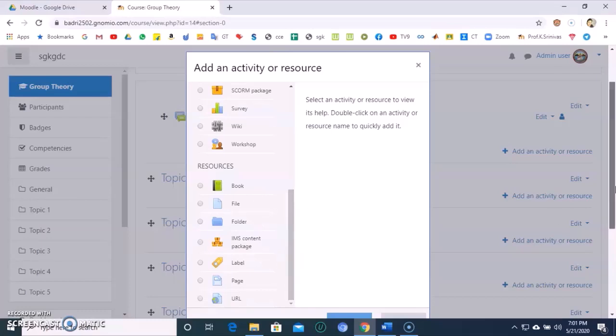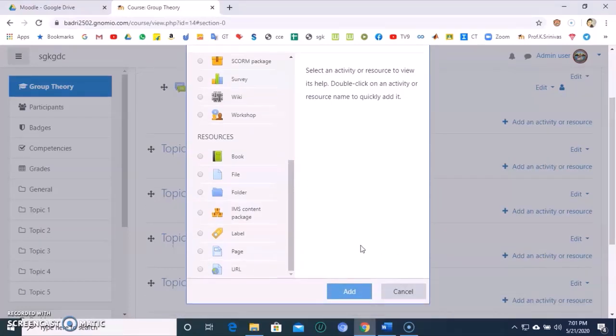So in this tutorial, we will be showing two types: how to upload a page and how to upload a URL resource. I will upload the syllabus using the page option. You can also upload using the URL option. Let us check. First, let us upload using the page option.